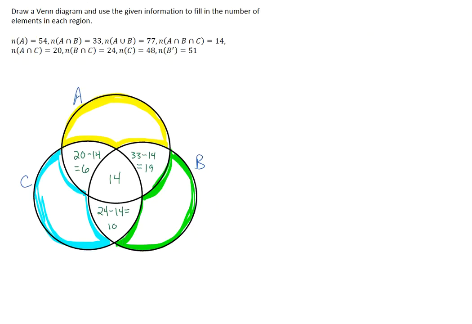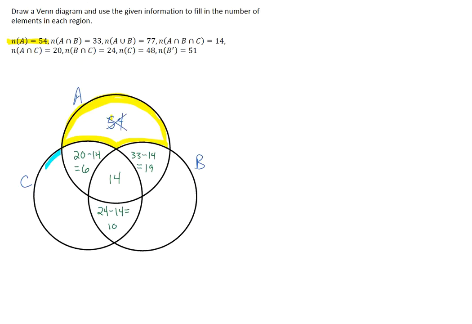So I'm going to start with A and figure out what else I know about A. I'm going to go back to my information, and the first thing I see is I know that the cardinality of A altogether is 54. Now that is not what I want to put in this region,